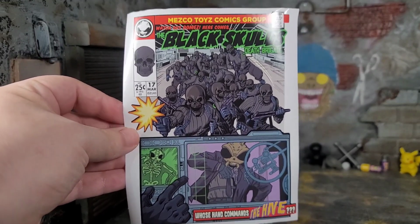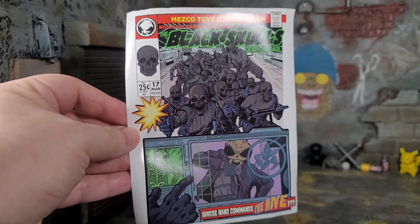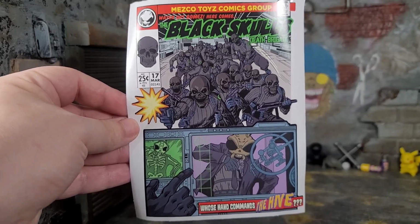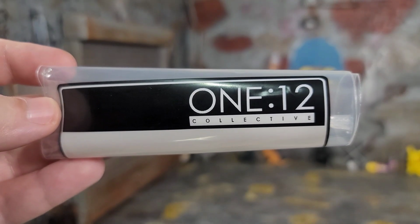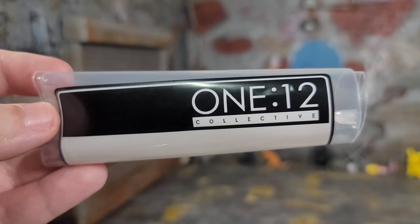So it's cool that they actually add this so you can slap this bad boy on anything you want. And the artwork is awesome. It just looks like an old school comic book cover. You're not going to be a Mezco 1:12 collector figure without a little Ziploc bag to store all the extra